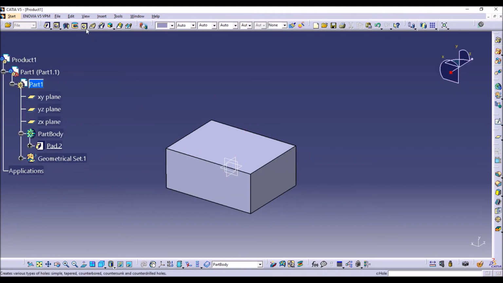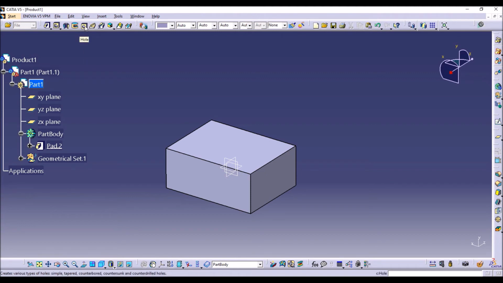Next, coming to hole option, hole tool. So hole is used to create a circular hole by using this option. You can use different types of holes like counterbore, countersink and counterdrill. So we can make a hole by using the pocket option also, but we will get different options in the hole. Okay, now we will go to the hole.